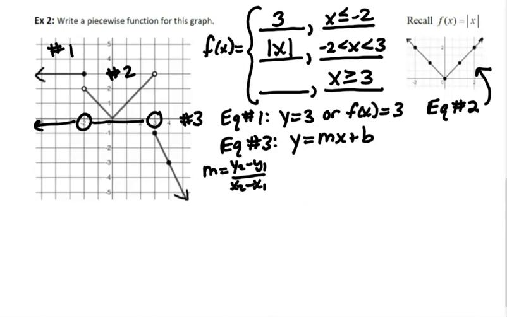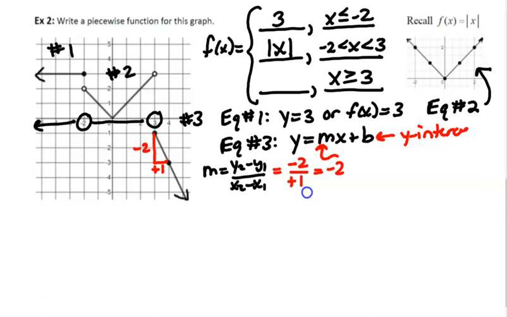But I'm not going to do it that way because it's really simple to read this off the graph. I can just recognize that in going from the point 3, negative 1 to the point 4, negative 3, I'm going down 2 in the y direction and up 1 in the x direction. So the change in y is negative 2 and the change in x is positive 1. So my slope is negative 2. That means negative 2 is going to go right here in the equation as the coefficient of the x variable. Now to find the y-intercept, which is b,